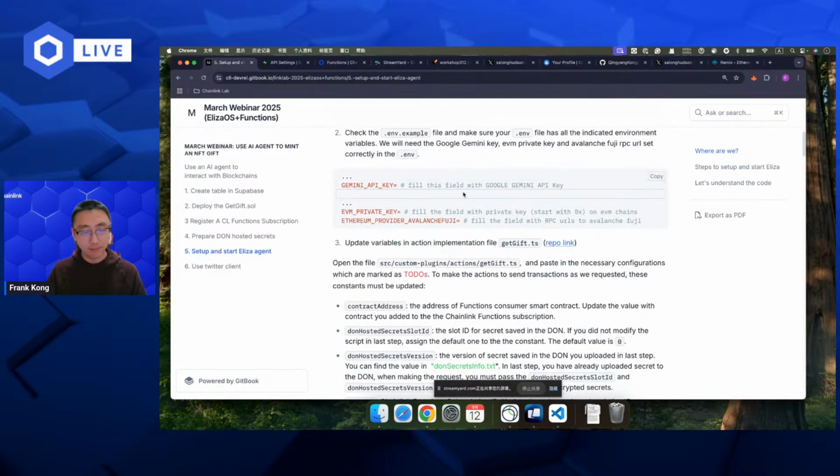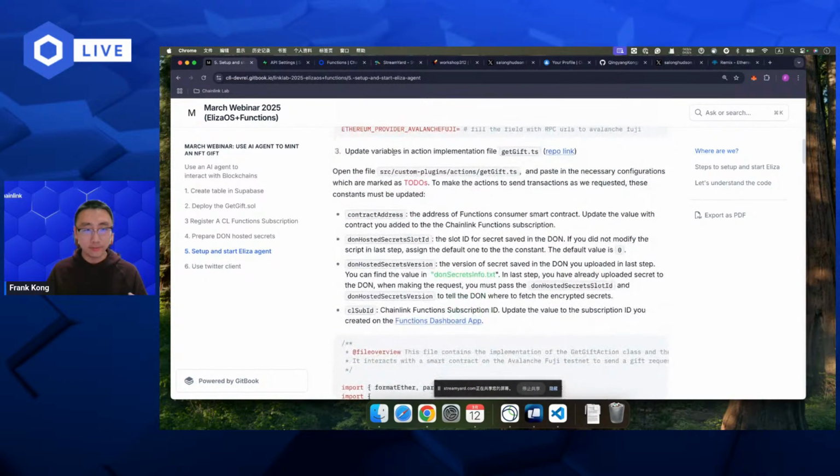And because I have already created one, so I will not do this. But when you follow me and you come to this point, you need to fill out the necessary information in the env file. And then the third step is to update variables in the action implementation in the getGift.ts.